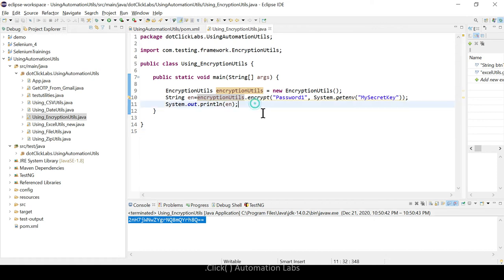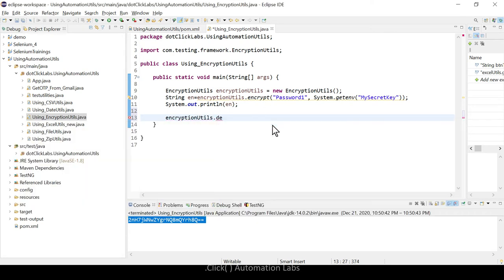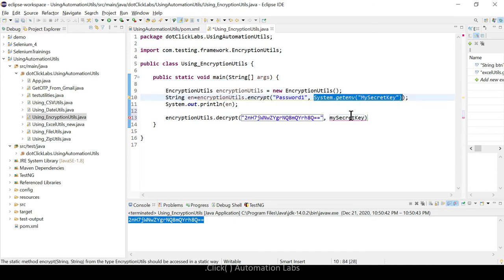To decrypt it, again we can say encryption utilities dot decrypt string. To decrypt means I just wanted to see what it holds. Just copy over here, and pass this one over here so that you can see what this decrypt does.